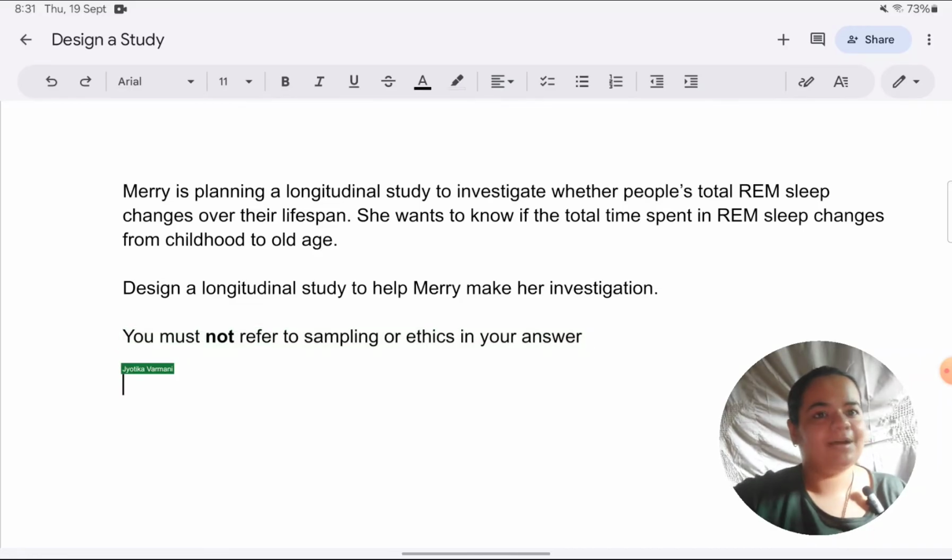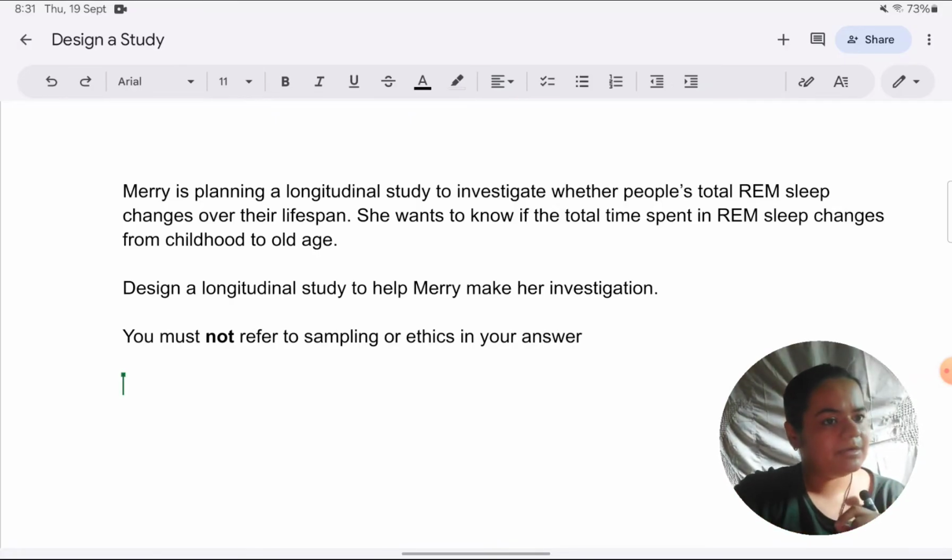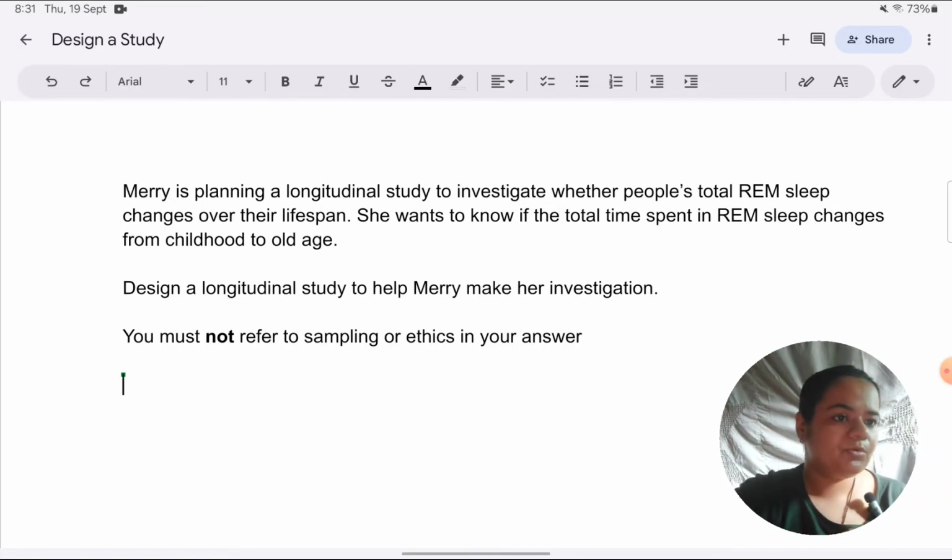Now, what should we do after reading the question? After reading the question, we should bring to mind, or if you desire, you can even write down on the paper, say in a margin, somewhere where you have some rough space, with a pencil maybe, all the features that you need to cover. Hopefully, by the time you go into the exam hall, you know what are the features you need to cover for different types of research methods, such as experiments, correlation.